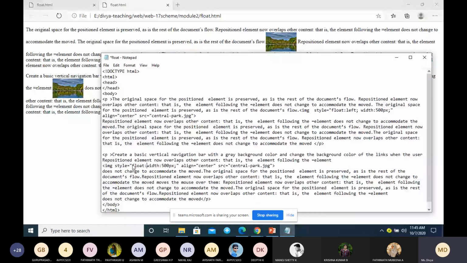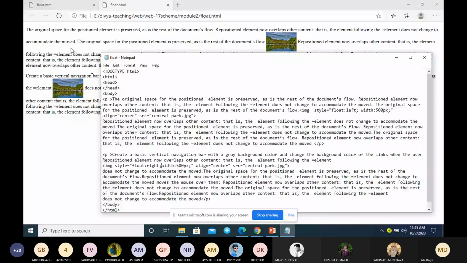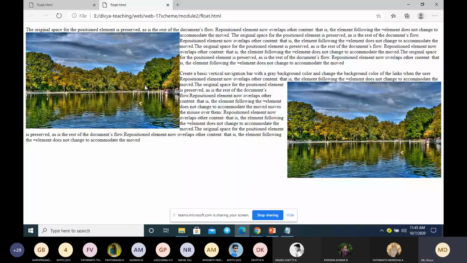Now look at the difference. I have made the change, float left and float right, and I have changed the width to 500. Now you see this image, which was initially in the center, is now to the left, and this other image, which was also in the center, we are now floating to the right.